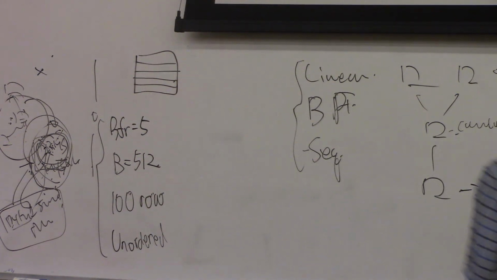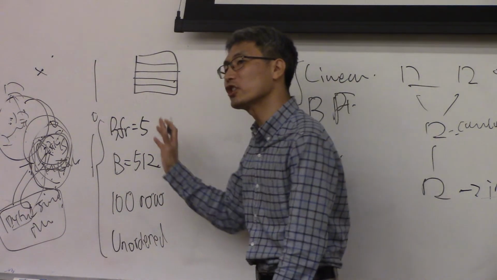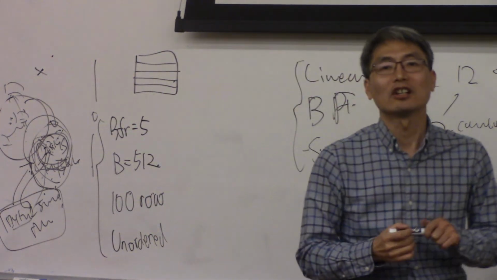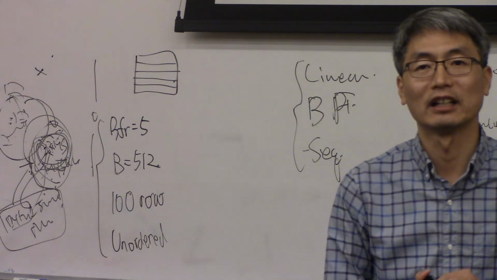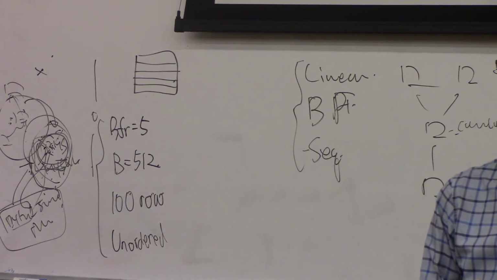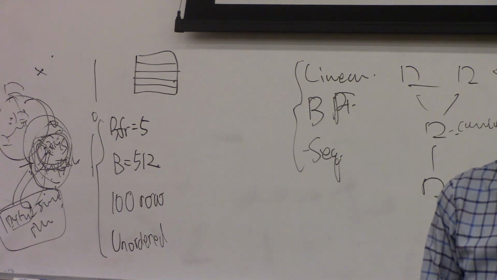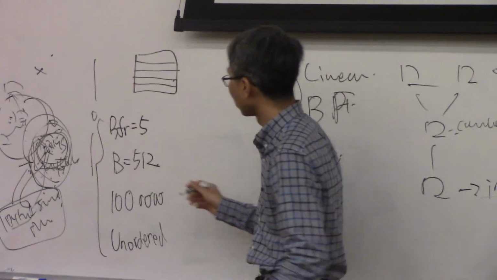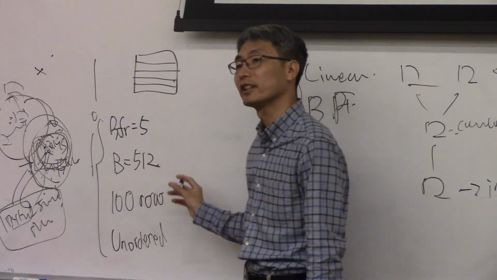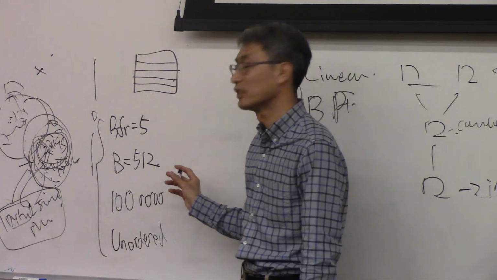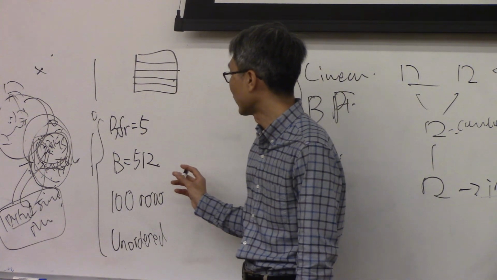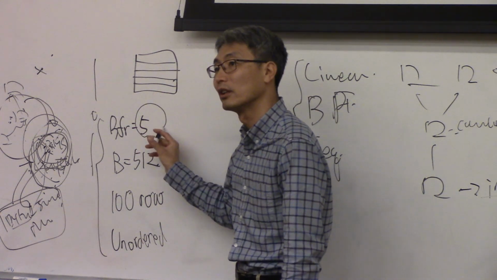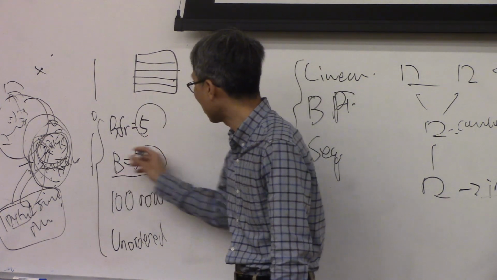What is the average number of blocks to access the data? First, how many blocks do we need? Each block has 5 records. I think that we don't need this information because